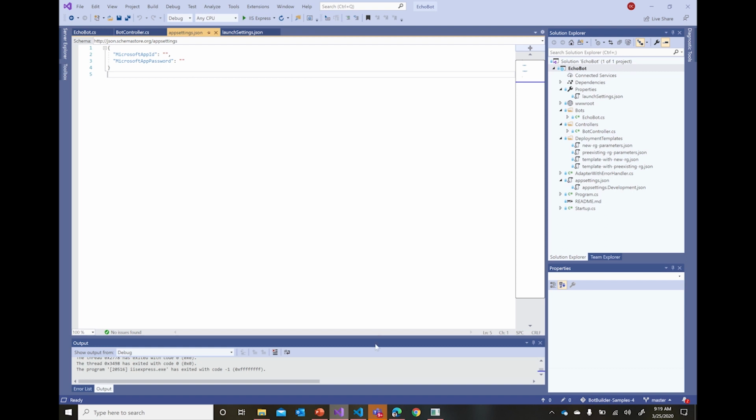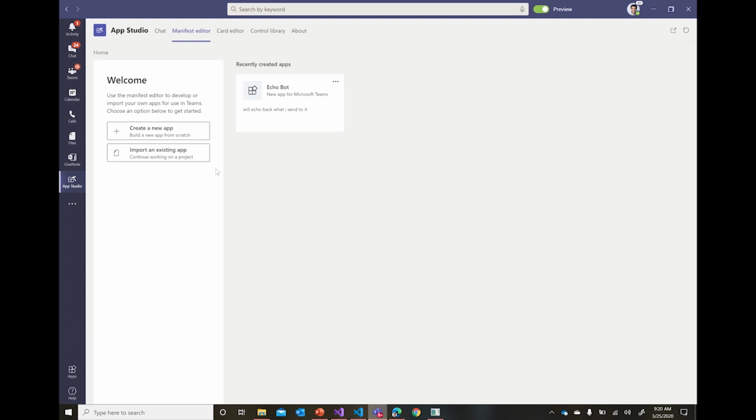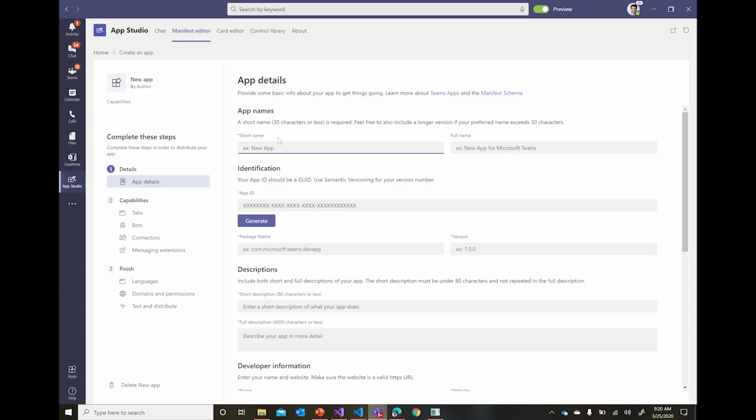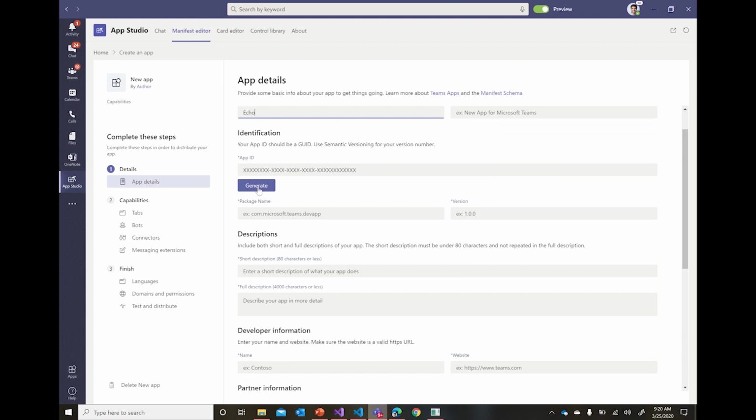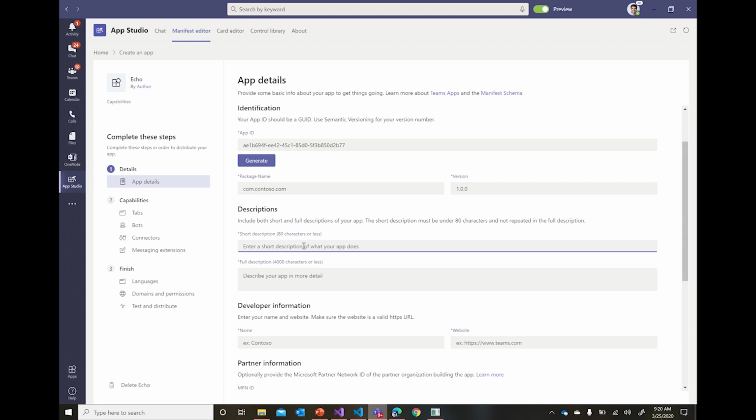So let's pivot back into Microsoft Teams and create an app package for the bot. So here I'm in App Studio and I'm in the Manifest Editor tab. The first thing I do is I create a new app, and I'll go through the required fields over here. It's asking for a name, so I'm going to call this Echo. I will generate an app ID for it. I'll give it a package name, com.contoso.com, version 1, short description,